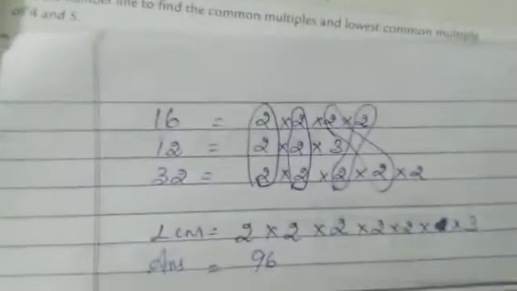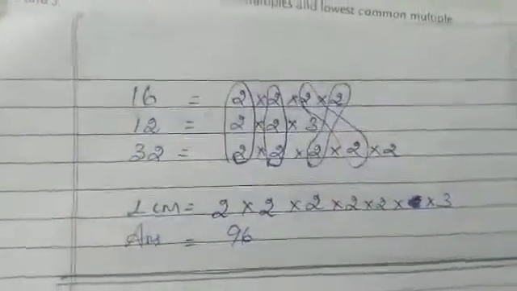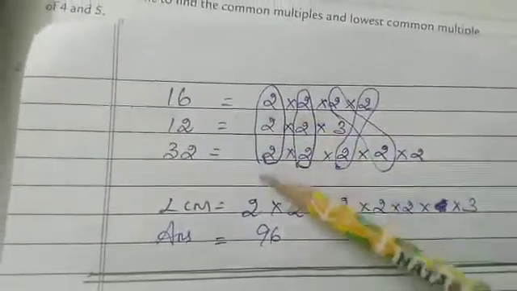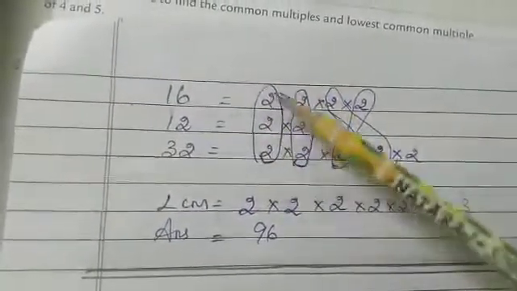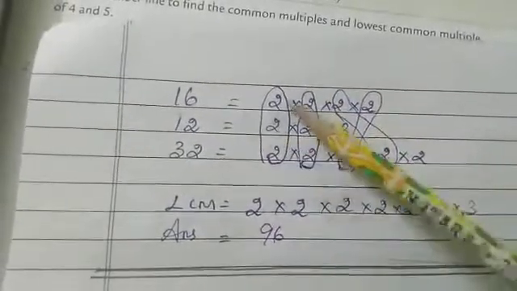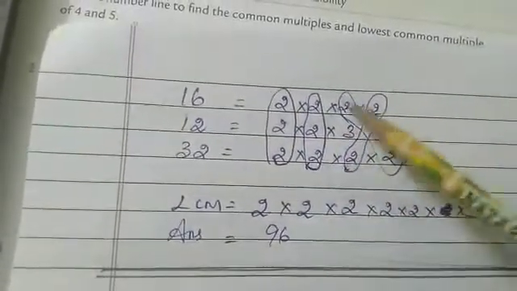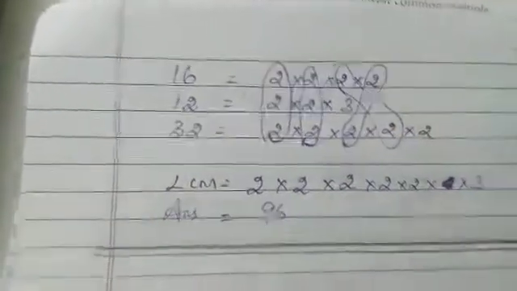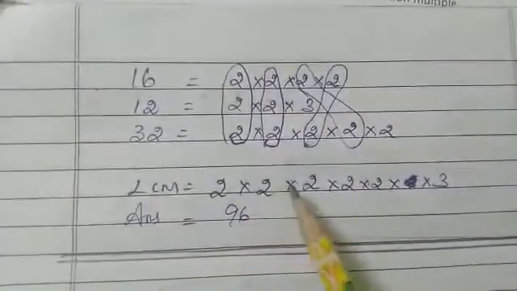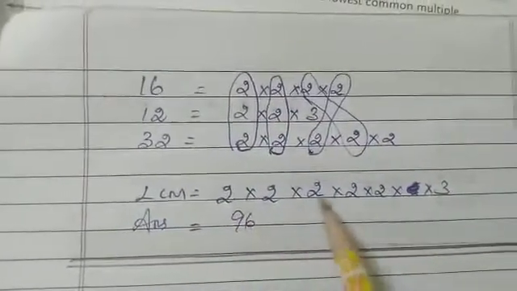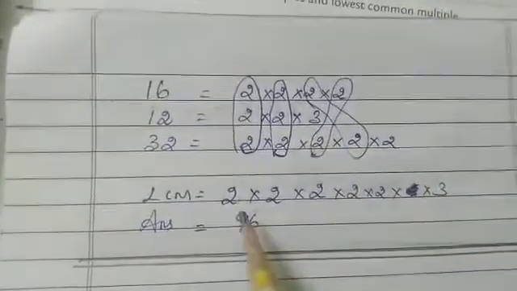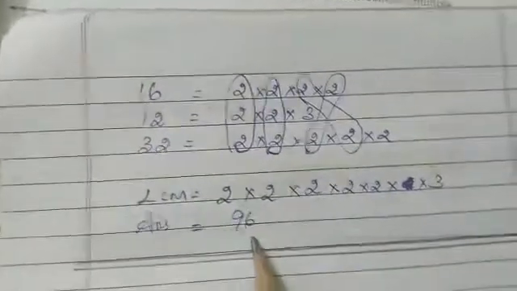Then take and write the prime factors. Then you want to do the pairing. See here 2, 2, 2. So we should compare these numbers. So this 2, then this 2, then here also. If any 2 numbers are the same, we can circle it. Okay. So for the LCM, write the common and uncommon. This is fully common. This 2 and 3 alone are the uncommon numbers. So if you just multiply, you will get the answer 96.